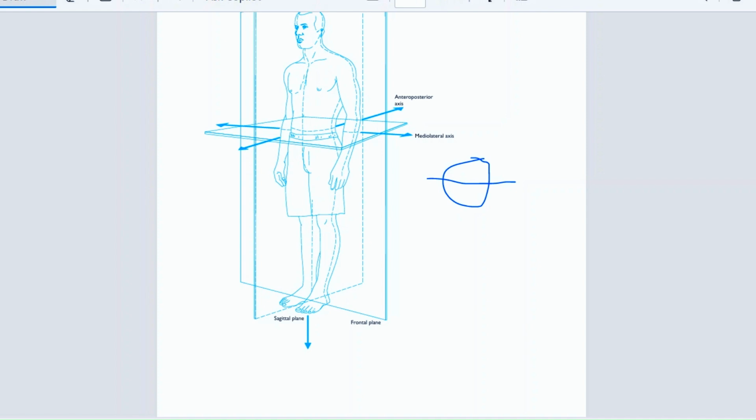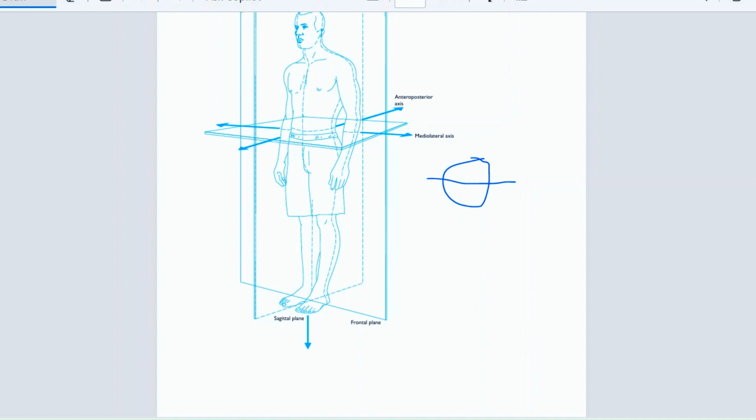You can just rotate your body either to the left side or the right side, and after that you can keep your body in a stable position, or keep your lower part in a stable position. This is basically the transverse plane movement, because your upper body rotates around your lower body.